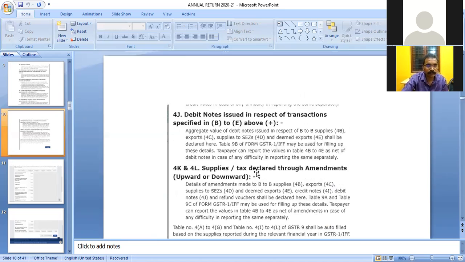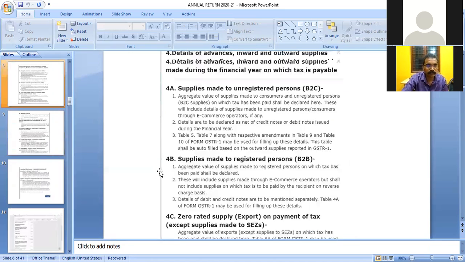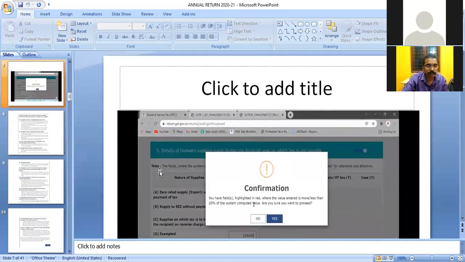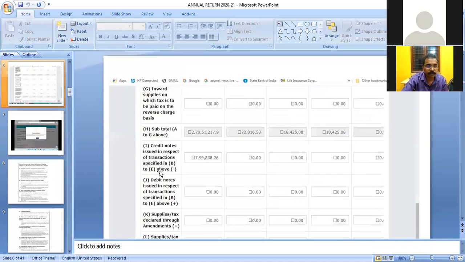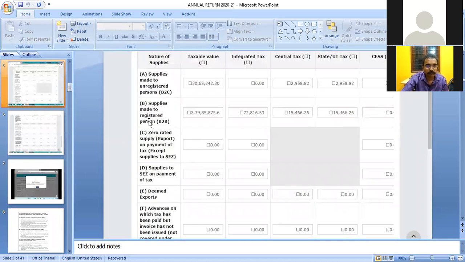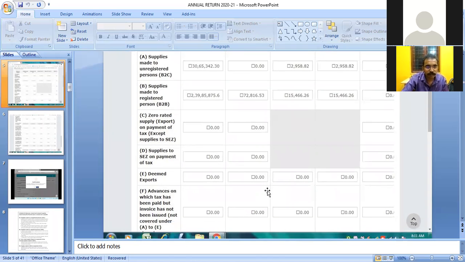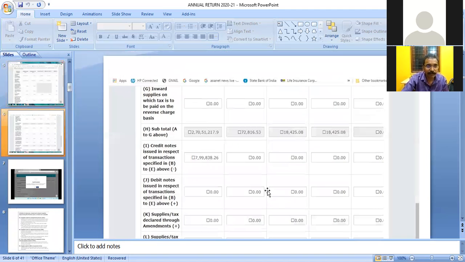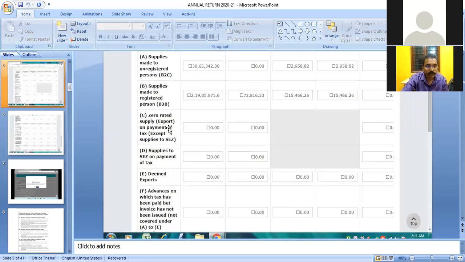Here, columns B to F of table 4 can be shown on net basis also.